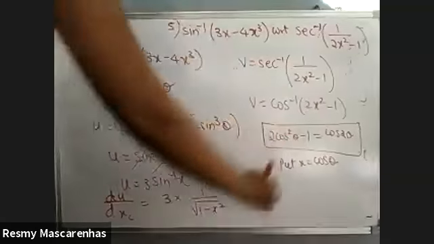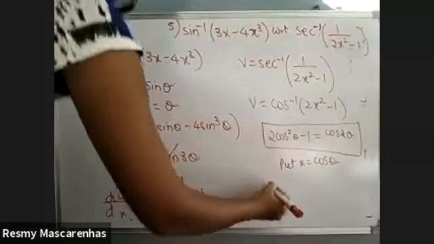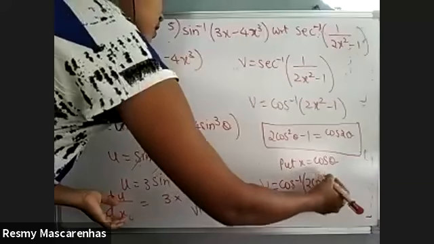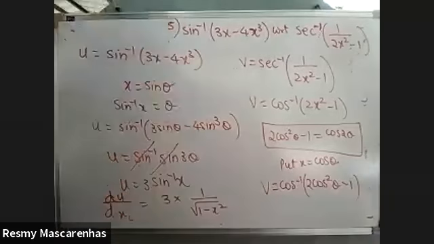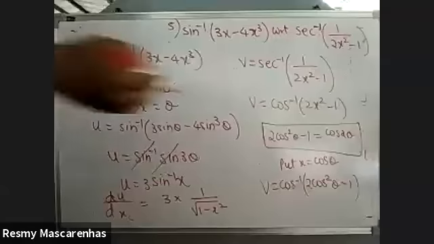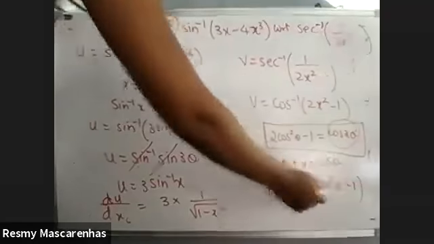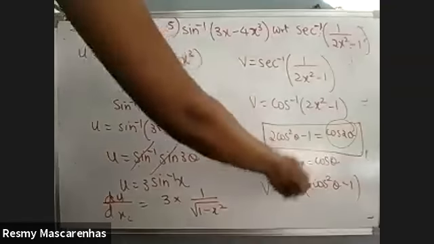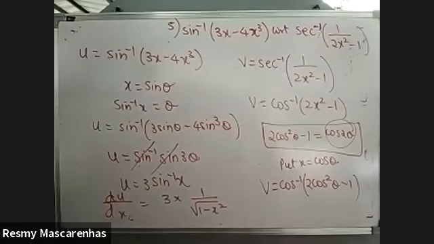Here we need it like this. So x is equal to cos theta. So just substitute. So cos inverse of, and now this is nothing but cos 2 theta. Then cos inverse and cos cancel. Theta you substitute back. So theta is nothing but cos inverse of x. And then find the derivative and divide both the answers.